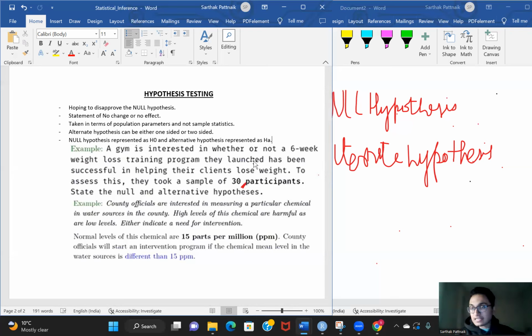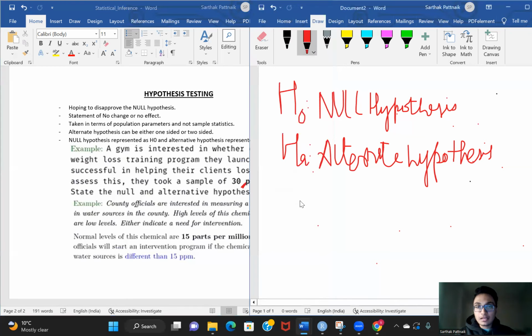If this program is effective, then there has to be a significant decrease in the mean of weights taken initially versus the mean of weights taken after they have gone through the program. So with that in mind, the null hypothesis in this case